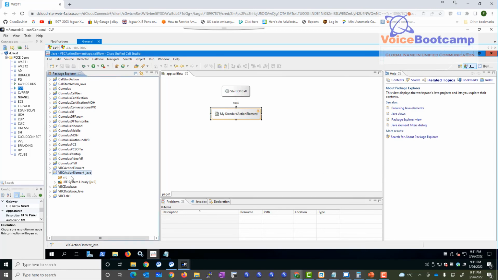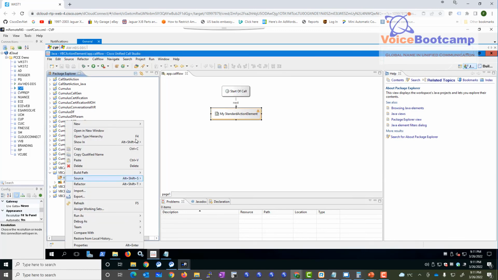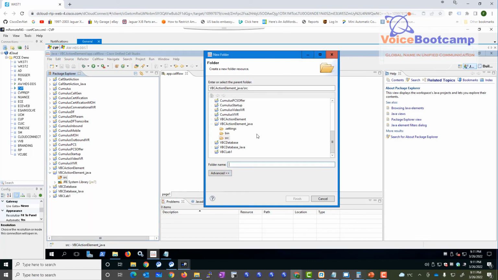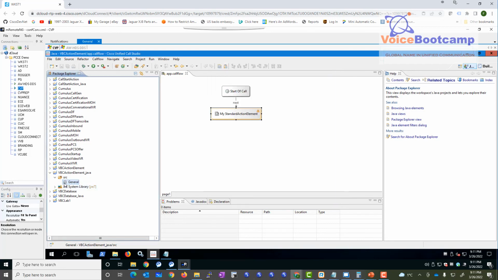So now under this source, I'm going to create a new class. You can create a folder. For example, I can create a folder. Let's call this folder name general, if you want to organize things a certain way, and then I'm